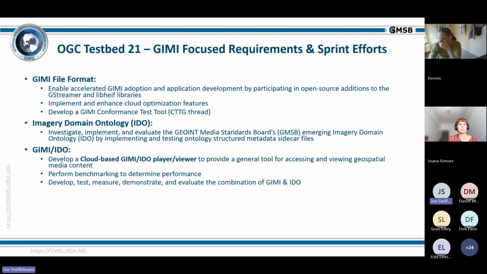There's a cloud-based GIMI player and viewer that's being developed. And so this is building on those foundational open source libraries to show functionality. And one of the things that we've spent a lot of time on, where we've had some, I would say, significant successes within the test bed over the last few years, is the cloud optimization aspect of GIMI. These are things that many of them have been foundationally born and developed out of the test beds, and we